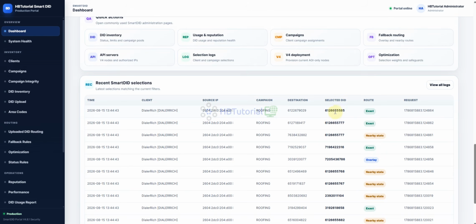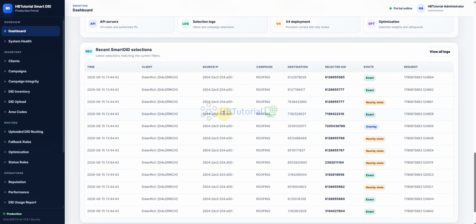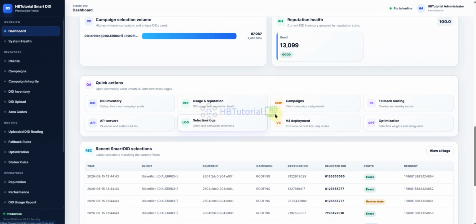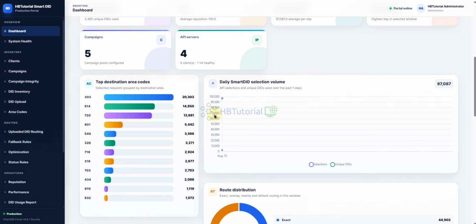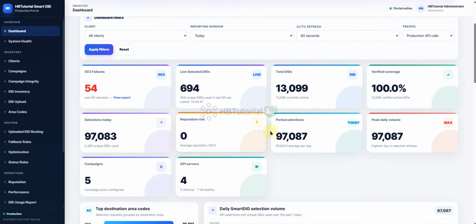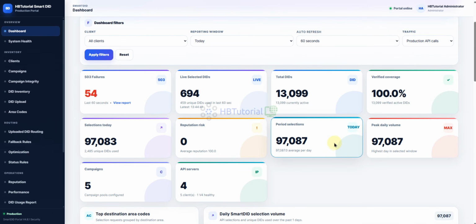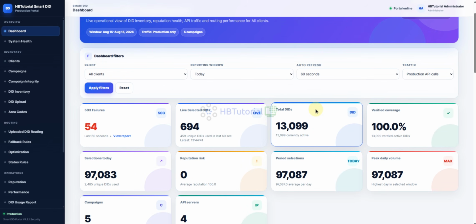So at least you know how this product works when you want to try to use it in your call center, especially if you are using VICIdial, dialing multiple states or cities. So this one is the real deal for your VICIdial to manage your local presence on each and every call.